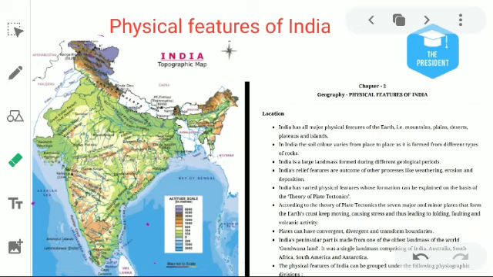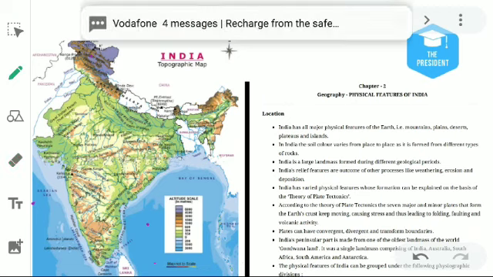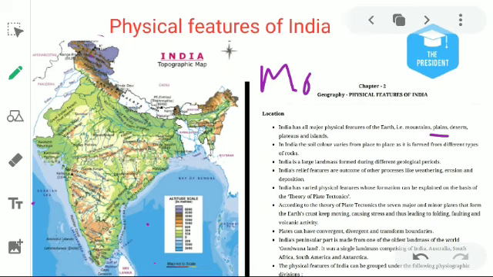First, if I would ask you, what would you answer? You will answer that physical features means mountains, plains, deserts, plateaus, islands. These are basically known as physical features, the types of structures found on the surface of Earth. And the map which shows all kinds of physical features is known as the physical